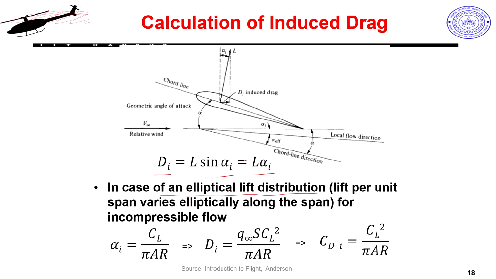Right. So, what we are trying to do here is find an expression for this induced drag, and the simple way of doing it is by using the elliptical lift distribution. According to lifting line theory, if my wing profile is elliptical in shape, my lift distribution also is elliptical. And for that kind of case, I can find the induced angle of attack as a function of my lift.